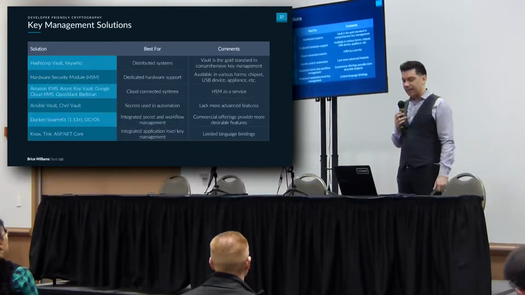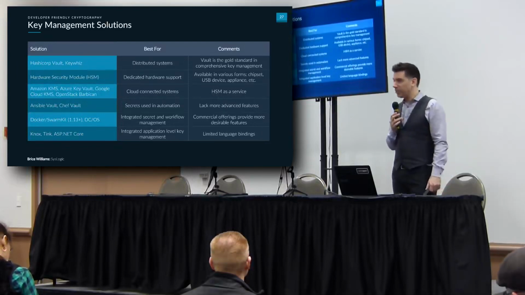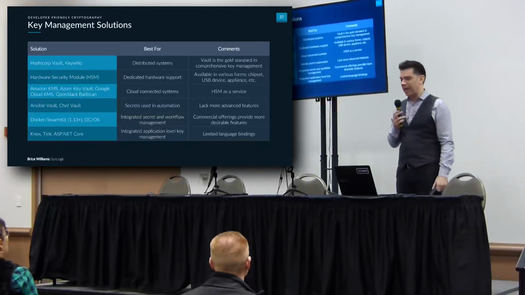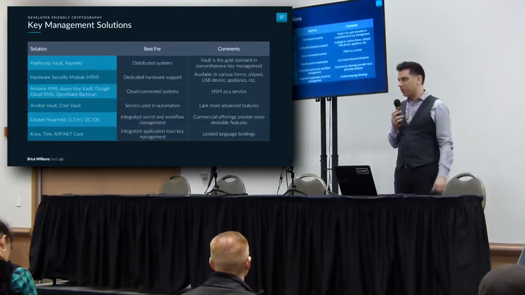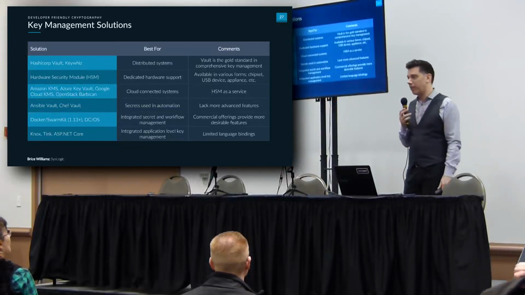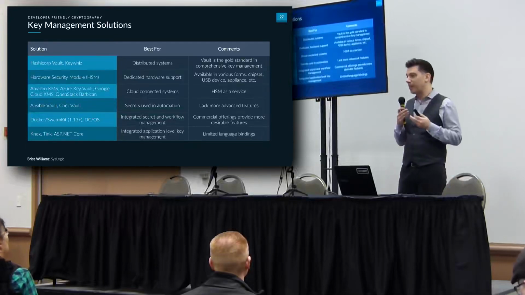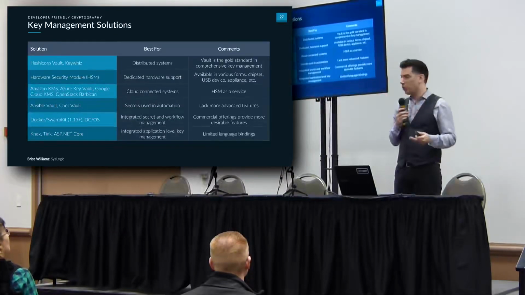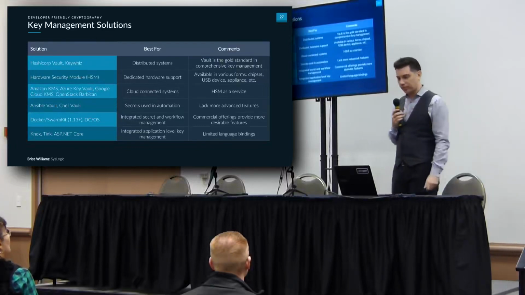The other ones I'll mention are Knox, Tink, and ASP.NET Core. Those are all examples of integrated application level key management. You're not necessarily going to get the more advanced features, and they have more limited language bindings. For example, obviously ASP.NET Core only works with ASP.NET Core. Tink only Java and C++. I've forgotten now what Knox works with. Probably Go. But because you can implement them at your application level, you've got more flexibility on how those keys are managed. Often they will also work with an HSM backend, so if it's present, you can leverage the HSM hardware.